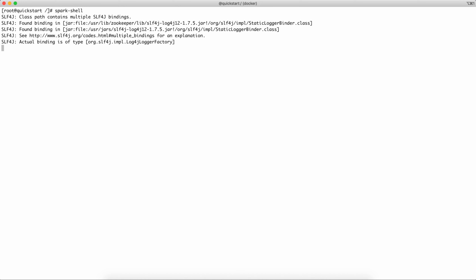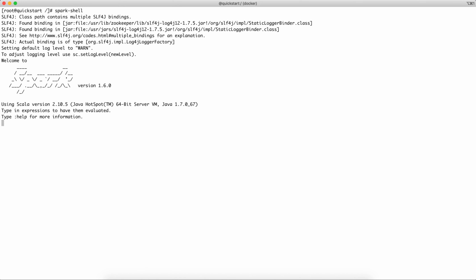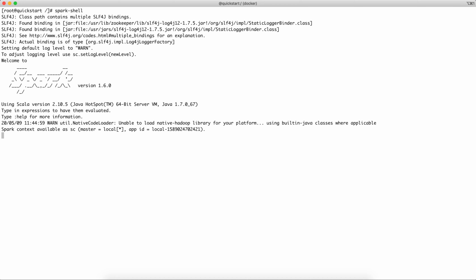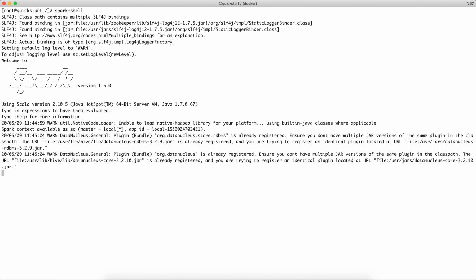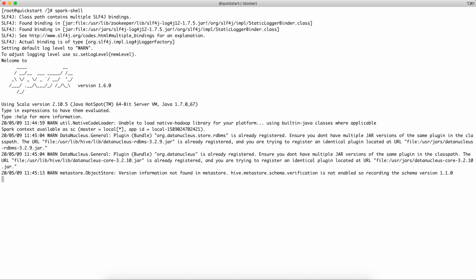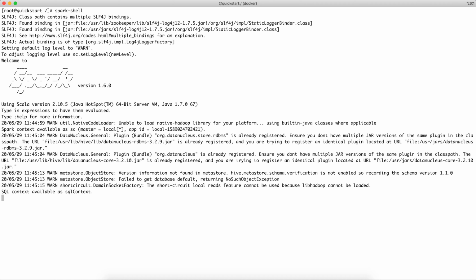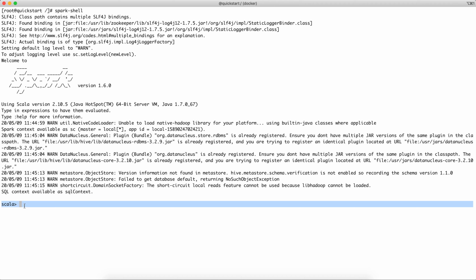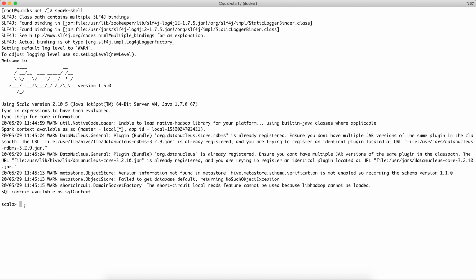This is how you can go to the Spark terminal by typing spark-shell, and it will give you the Scala shell where you can write your Spark programs, Spark SQL queries, or whatever Spark related things you want to do. Okay, so let's wait till the Spark shell gets started, and here it is. So this is the Spark shell where you can do your Spark development.